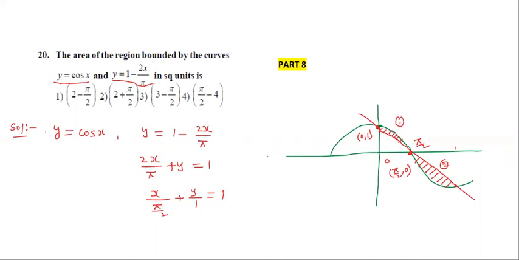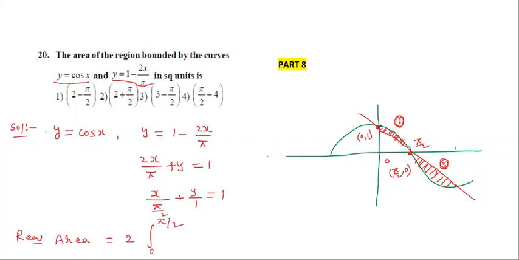So here totally two areas are there. The two areas are symmetrical, so the first area and the second area are both equal. Now, find the required area. Required area is equal to 2 times any one of the areas. Now I am going to take 0 to pi by 2.